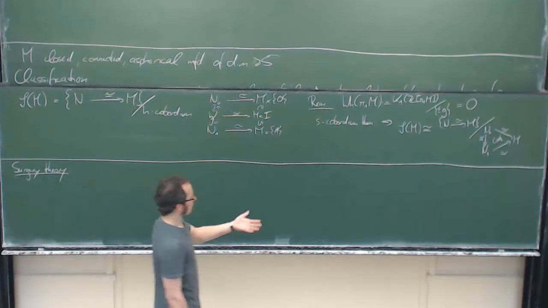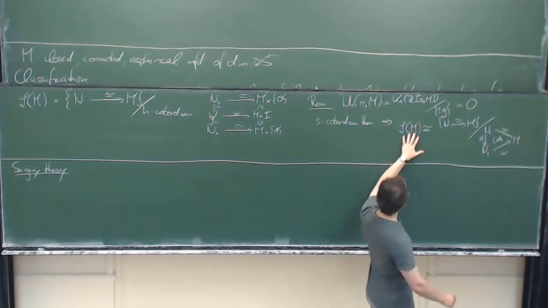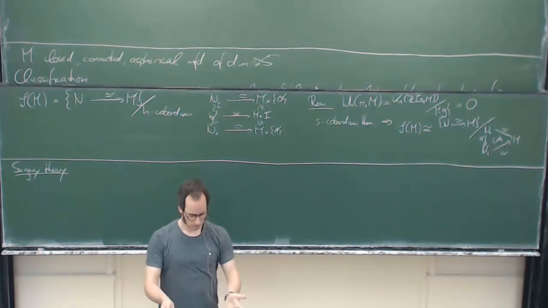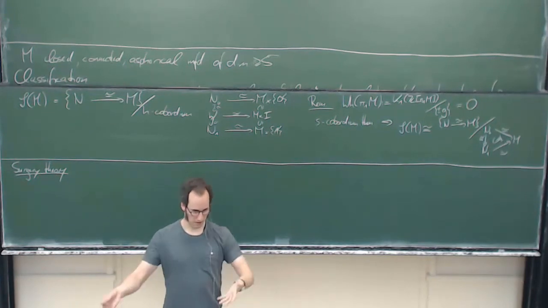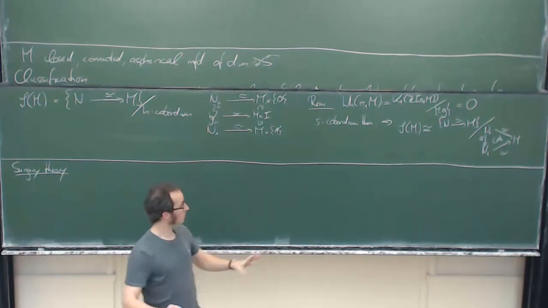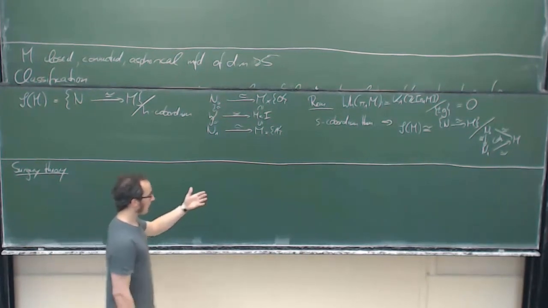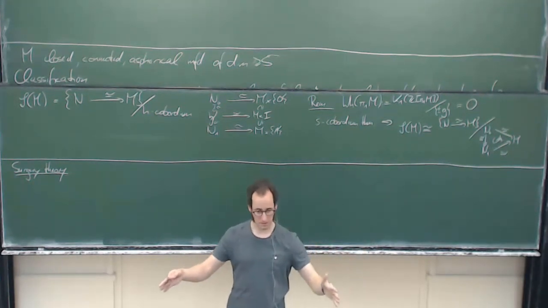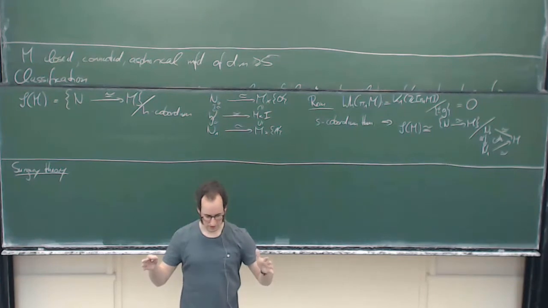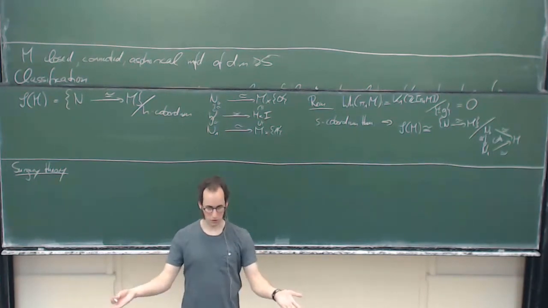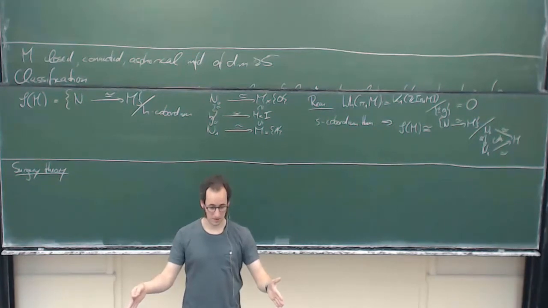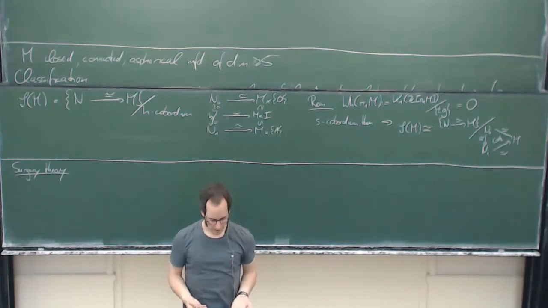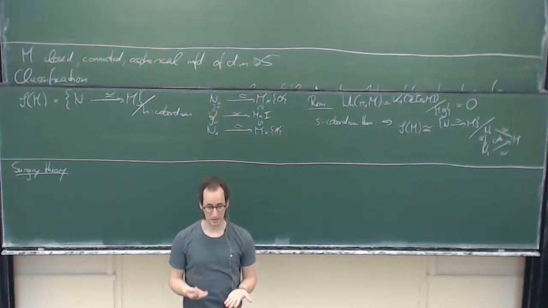And what came out in the end was that this structure set actually fits into a long exact sequence, which helps us compute the structure set if we understand the other terms and the maps appearing there. I don't want to discuss the surgery exact sequence here, but then Quinn also came along and noticed that you can obtain this long exact sequence that people have been studying in surgery theory as the induced sequence of homotopy groups of a fibration, or homotopy fibration sequence of spaces, where this structure set becomes pi 0 of some space. And finally, after many more years, Ranicki